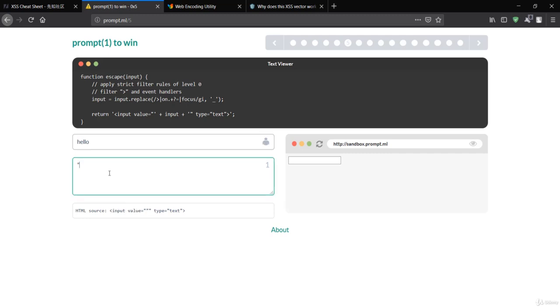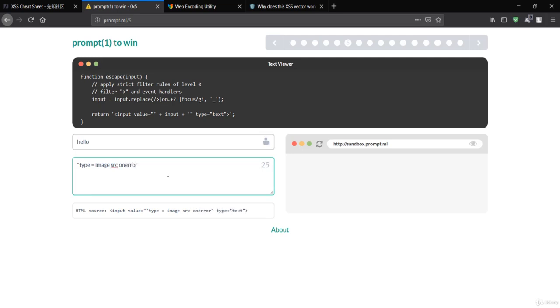After that, I want to put another external attribute over here, which is the type. And if you remember, this type is an attribute of this input field. So I want to give the type as image, because we want to make use of the image field now. And we see something like onerror.